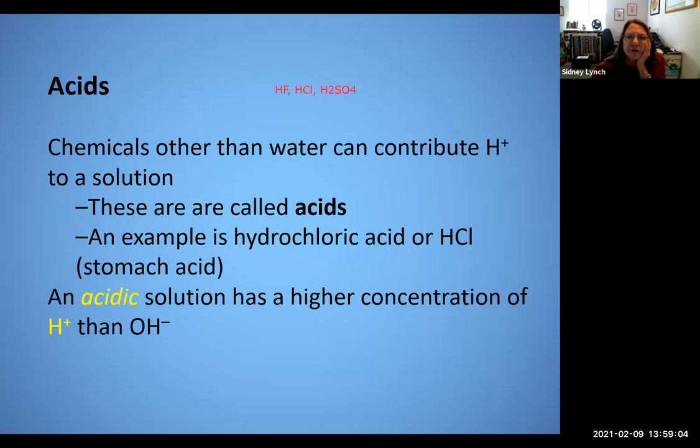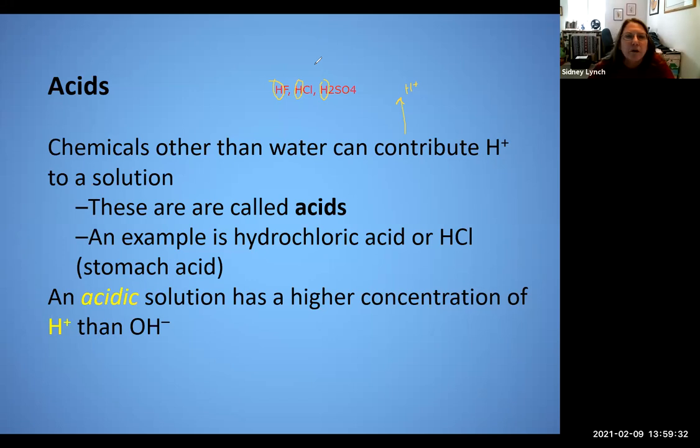So if you look at all these, there's that hydrogen here. Come on, give me the pencil back. Here, we'll make it yellow. So you can see these hydrogens, hydrogens, hydrogens. It can donate those to the solution, raising the amount of H plus in the solution and making it an acid. So that's how you can kind of identify acids, is they're usually going to have a big H there in the middle.